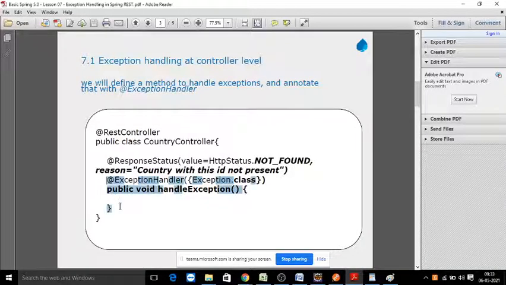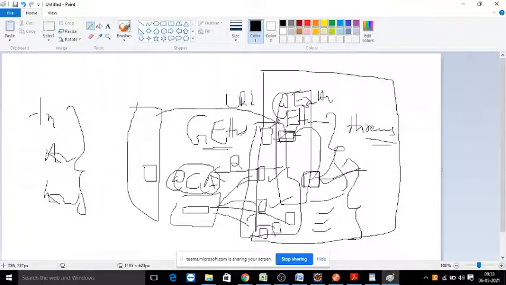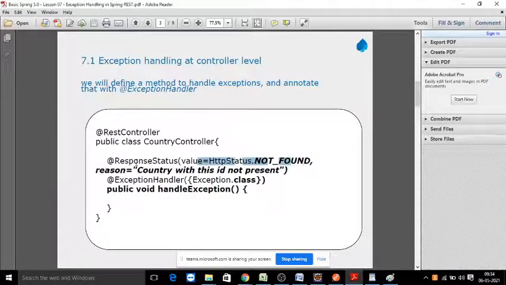And after that, you will add @ResponseStatus. Every time some exception is raised, it is definitely not going to handle your business logic, so it is going to give an exceptional message. What is the message you want to give? You should write it in @ResponseStatus. In the @ResponseStatus annotation, first of all, there should always be a status code. When your server is unable to handle your logic, it should show a status and some message, like an exceptional message. That is the message we need to write here.